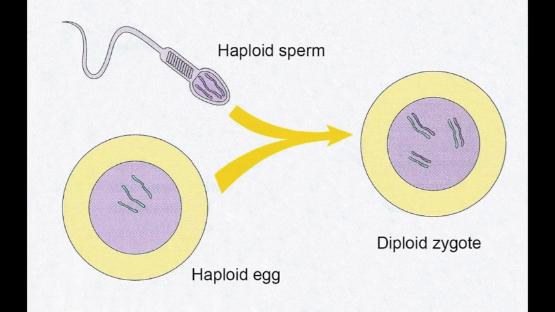Meiosis is a type of cell division. The daughter cells have half as many chromosomes as the parent cells, making meiosis a reduction division. This produces gametes, or sex cells, which only have half the number of chromosomes of a normal human cell, because